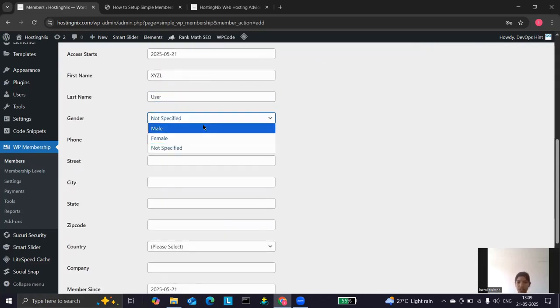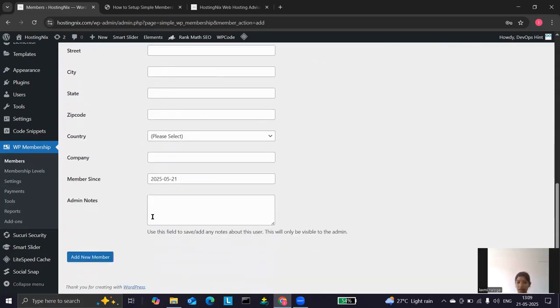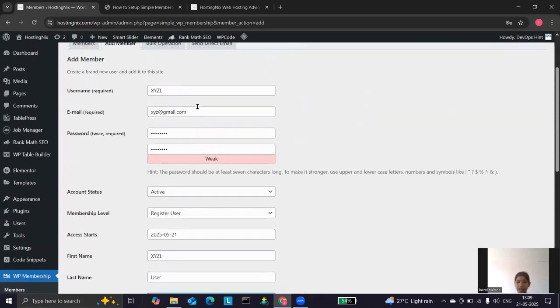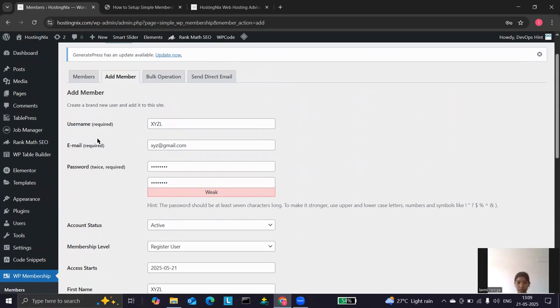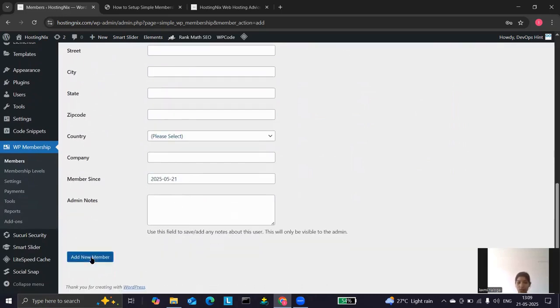Also specify the gender, phone number, street, city, state, country, like this. I keep only the required text boxes or required options. You can also mention all the details here. So click on Add New Member.